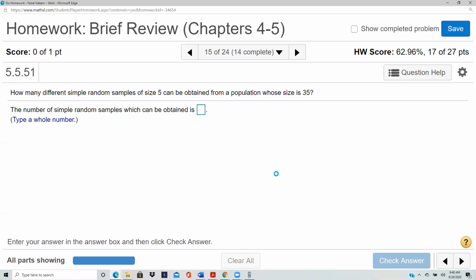But does the order matter? Is there anything to suggest that the order matters? I don't think so. If you don't see anything to suggest that, then by default, it doesn't matter. So combination then,